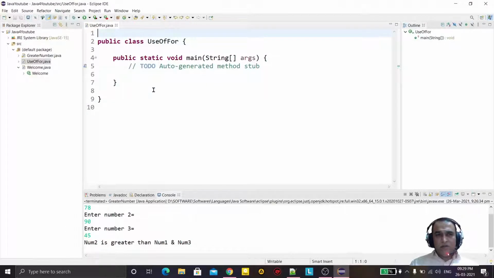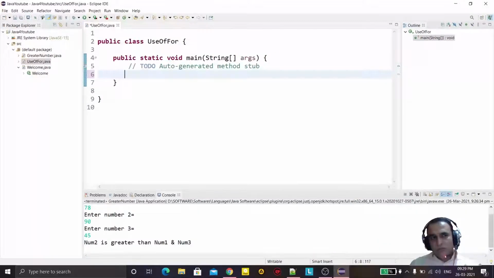So in Java, we can use for loop in different ways. First, we will learn simply how we can use for loop. First of all, we have to understand what is the use of for. In any programming language, if we want to display a single statement more than one time, we can use the for loop. Means the iterative statement, the statement which we want to repeat more than one time, then we can use for loop, while loop, and other looping statements to display those statements more than one time.